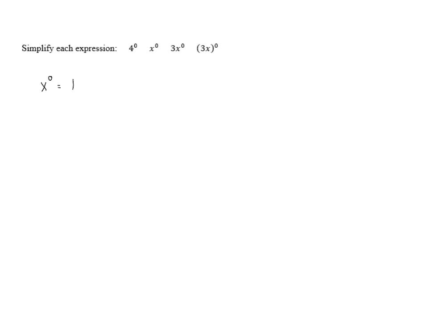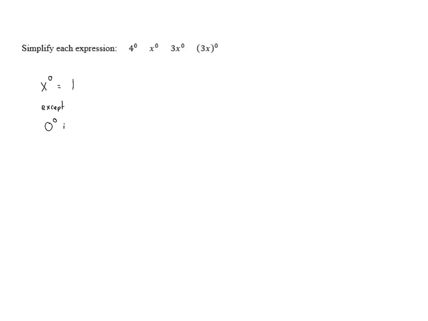So if we had 7 to the 0 power, it would be 1. If we had 1,000,000 to the 0 power, it would be 1. If we had 0.368 to the 0 power, the result would be 1. The only exception,